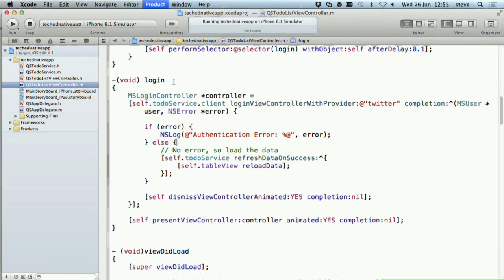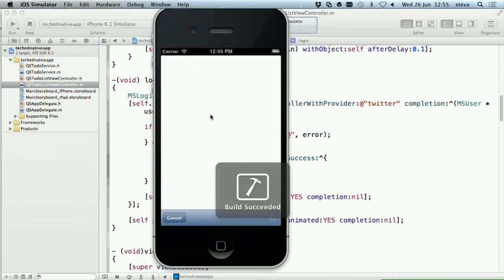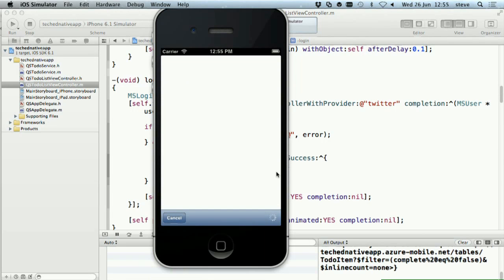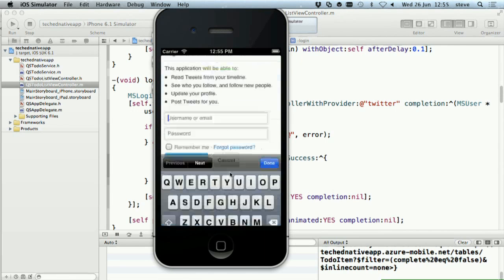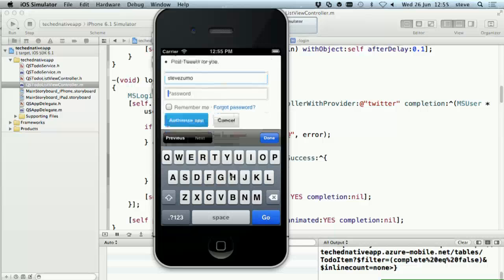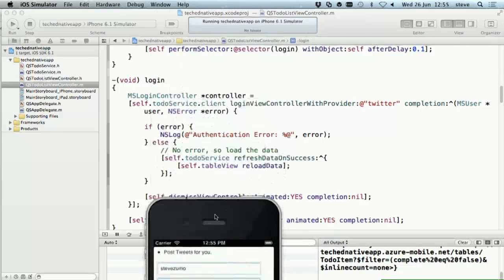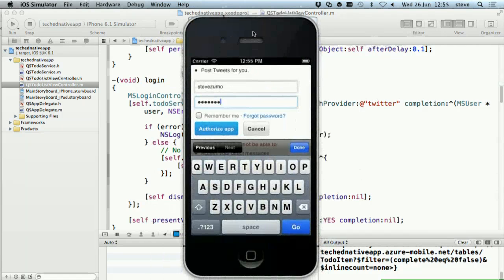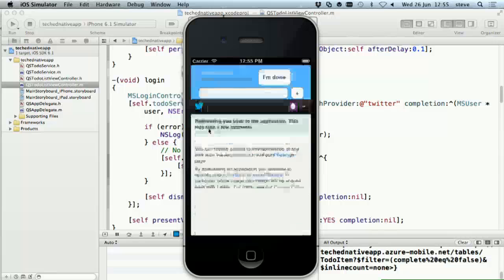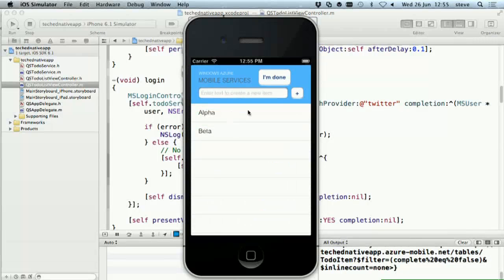OK, let's run this. So when this pops open, now a login screen appears, and it should be, if Twitter is not down today, a Twitter login screen, and here it is. So I will sign in with my account. OK, and just so you can't see my password, I'll move that down here, because that's the nice thing about demoing on iOS, is that you can see the typing. And then I will authorize that. So now it goes back, and this time there's no error.